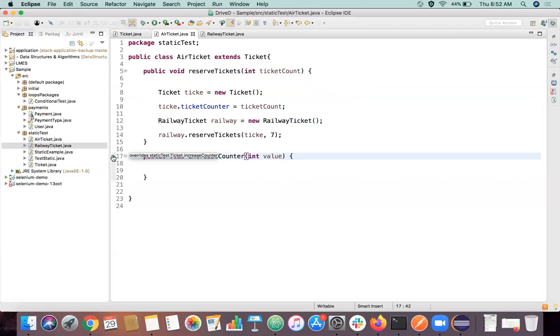So if you see this particular small message it is showing here, what is it showing? It overrides the particular method which is available in the ticket class, increase counter, right? It's showing some warning or message, right? Overrides this particular method.